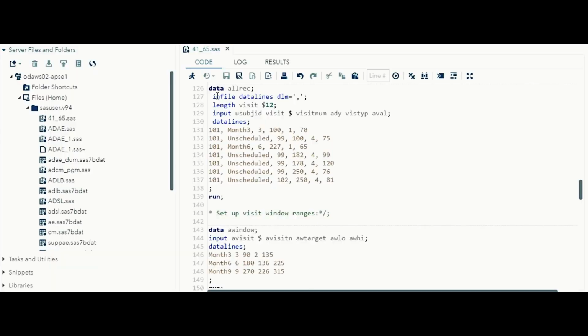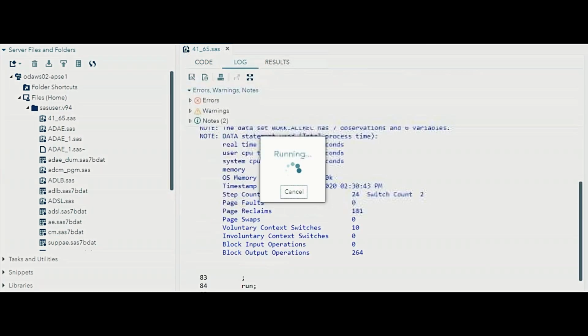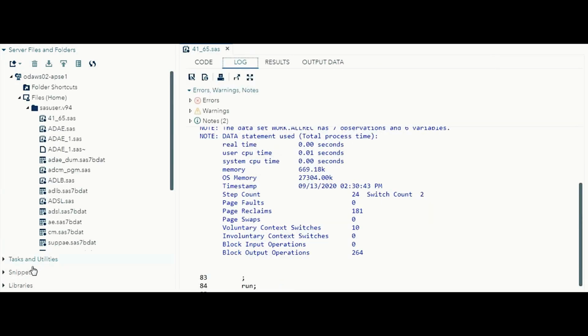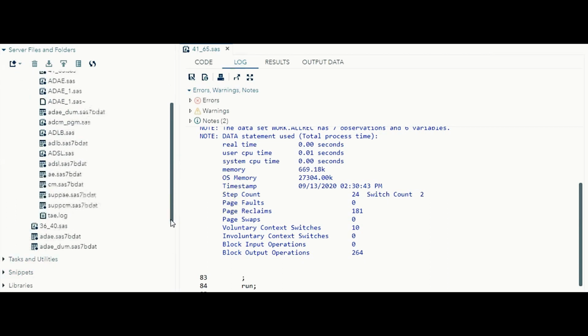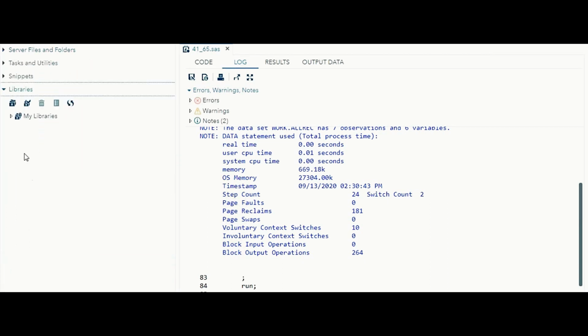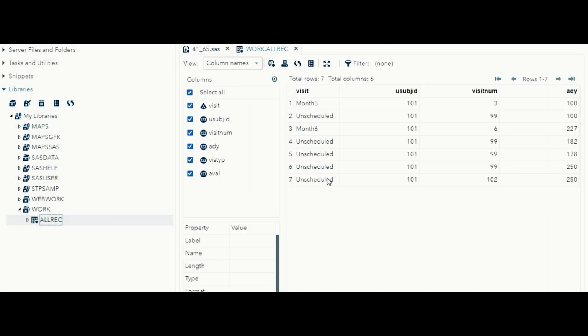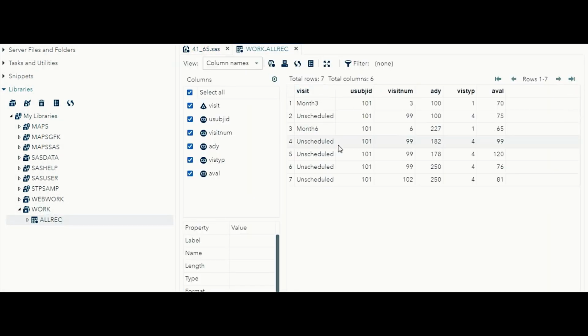So here, if you see, this is the data set with all records. Most of the BDS structure related data sets look like this only. They contain information like VISIT, VISITNUM, subject number and ADY.